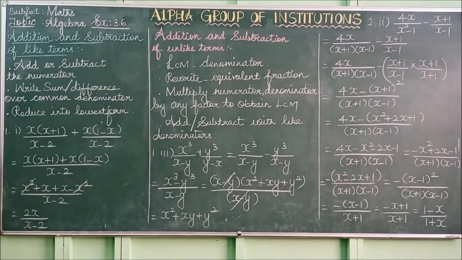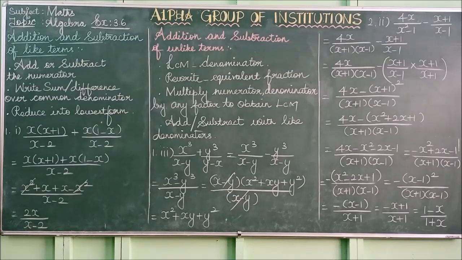Then the next one is division. Division is a little bit different from multiplication. You can take any two rational expressions, P of x by Q of x and R of x by S of x, where Q of x and S of x are not equal to 0. How do we divide the two expressions? P of x by Q of x divided by R of x by S of x is equal to